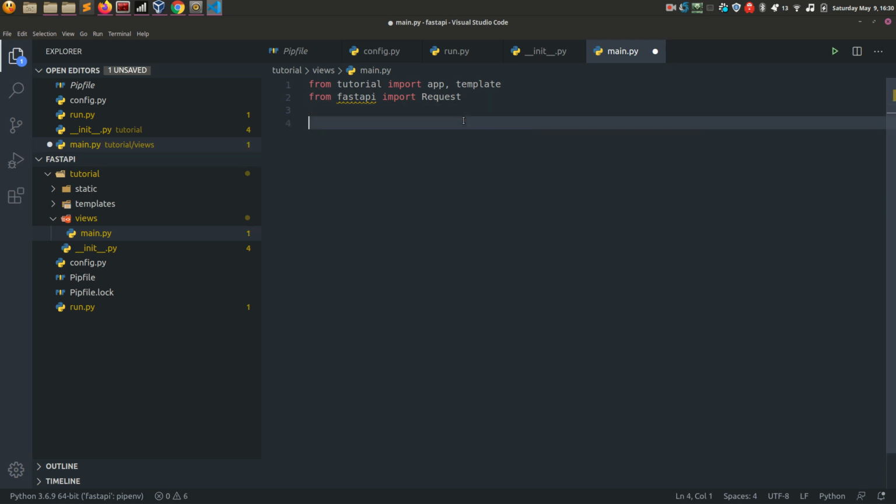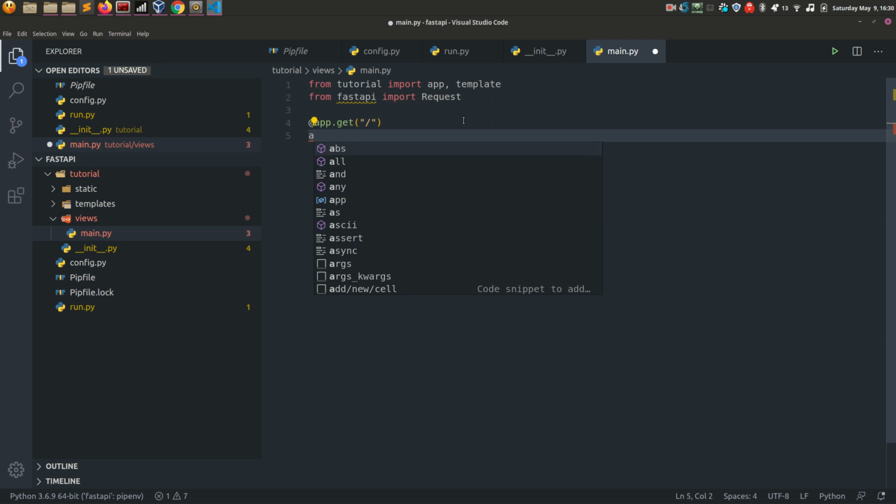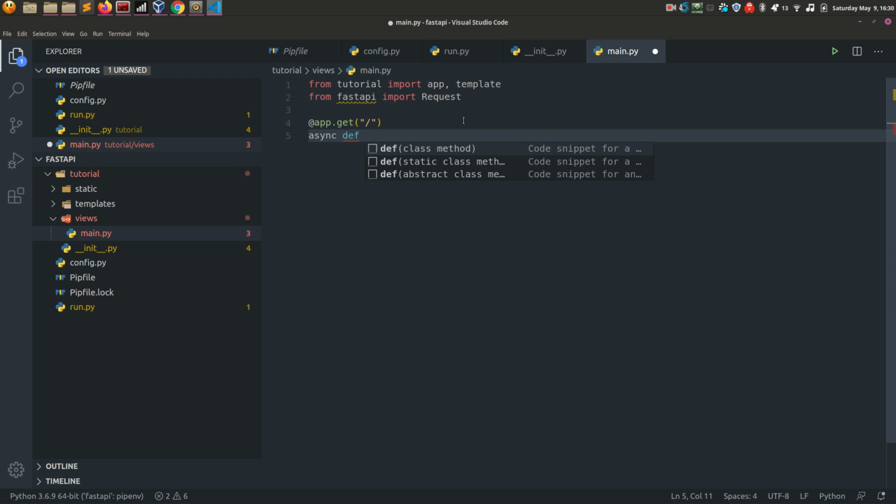Now here we're going to do app.get, and then we're going to say the root directory. That's our decorator. It's just like Flask, so it's very similar to Flask. The difference between this and Flask is we have async, which makes it super fast. We're going to do an asynchronous function. We're going to call it index, or you can call it root, whatever you want. This is the name of the function, and then we're going to say request, and we're going to turn it into a